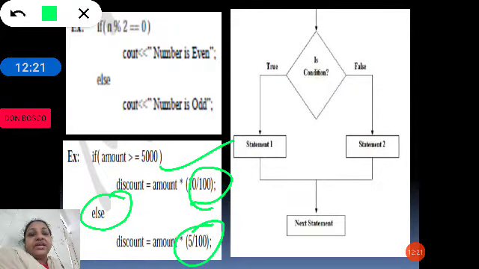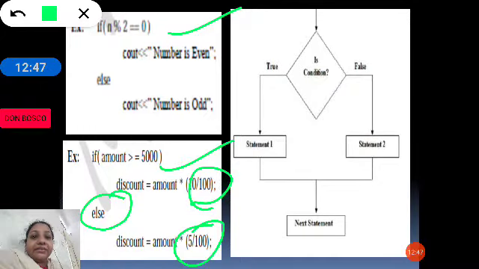Then, if n % 2, if we divide a number by 2 and the remainder is equal to 0, as we know the numbers which are divisible by 2 are called even numbers. So, here there is one more example where if n % 2, the percent operator gives the remainder after division.